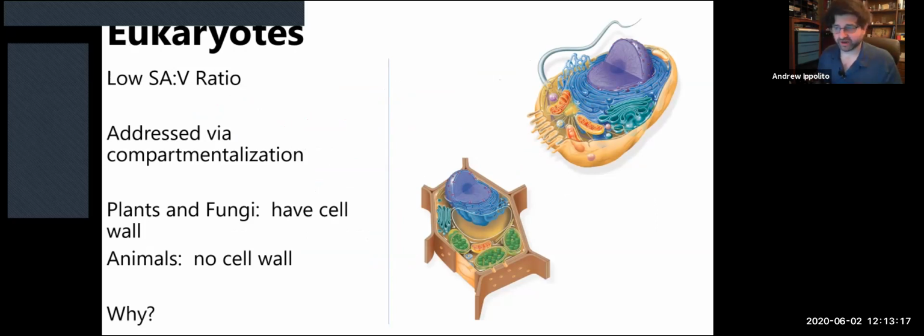And we'll talk about us today now. So we're going to talk about animals and plants. All right, so even though the cell itself has a low surface area compared to volume, it addresses this by this concept called compartmentalization. Okay. And animal cells are the only multicellular kingdom that has